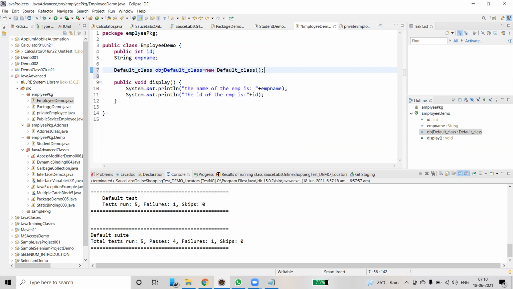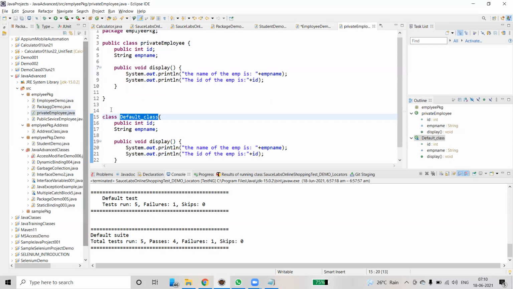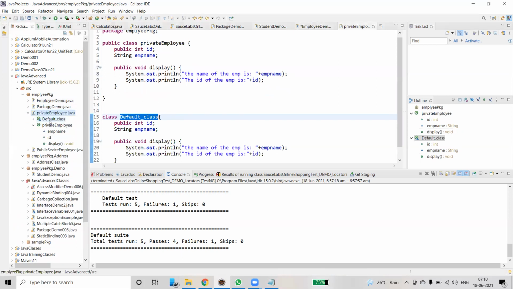Hope you are able to view my screen. Please respond. Okay. See how we are going to access this class. Since it is a default class inside this private employee.java file, there are two classes. One is a default class, another one is private employee. Private employee is a public class.